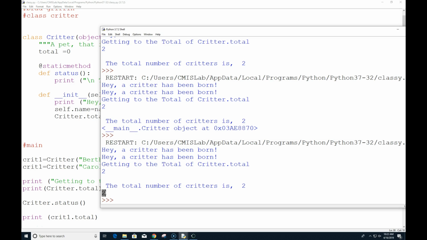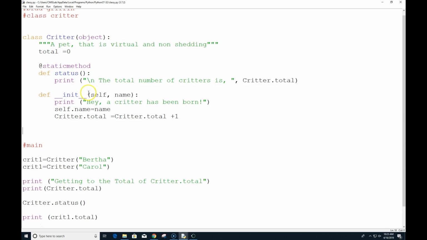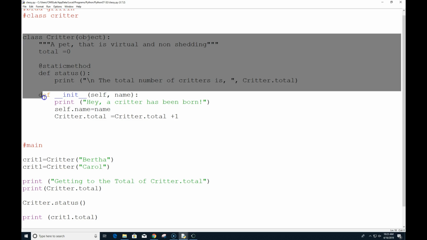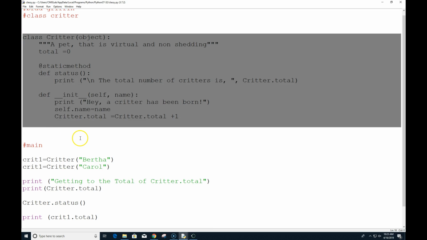On page 232, we look at the idea of encapsulation. As we start talking more and more about security and safety, encapsulation is one of those tools we use to try to protect data. Whether that data is credit card numbers or, in this case, a tiny little critter, the idea is that if I do this correctly, this information is only accessible inside of this particular class. So we're going to look at one that introduces us to the idea of private methods.